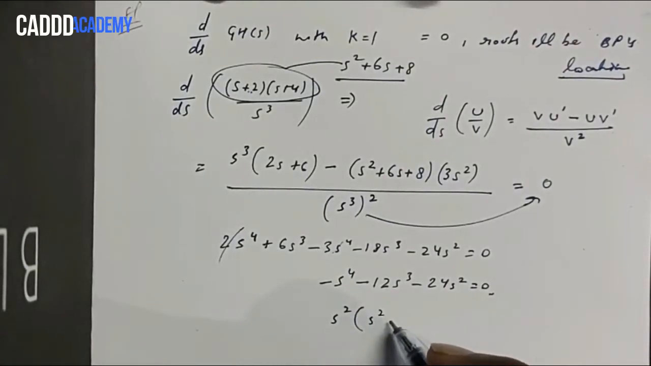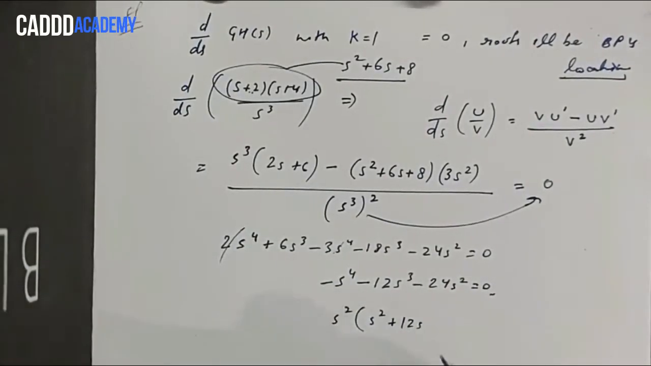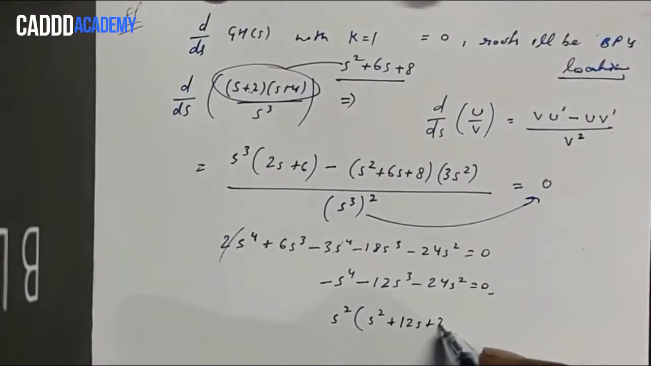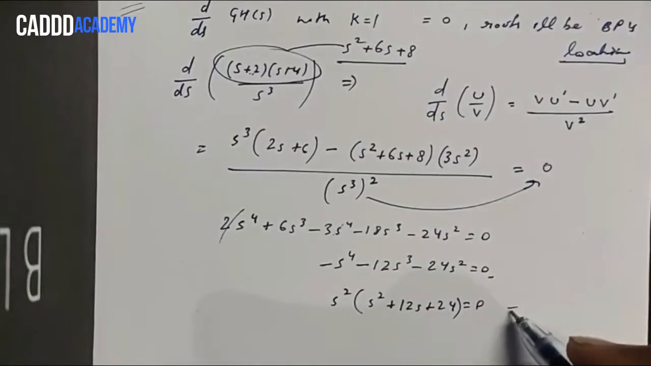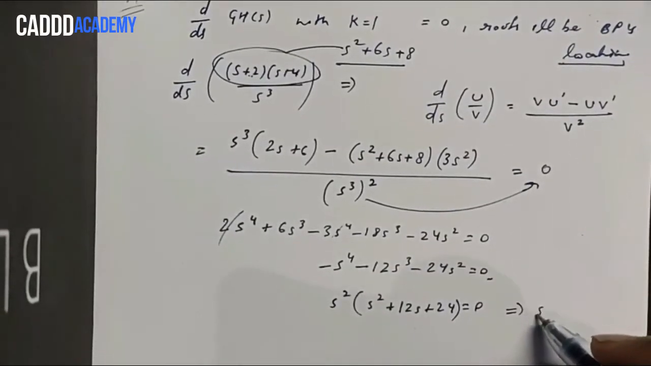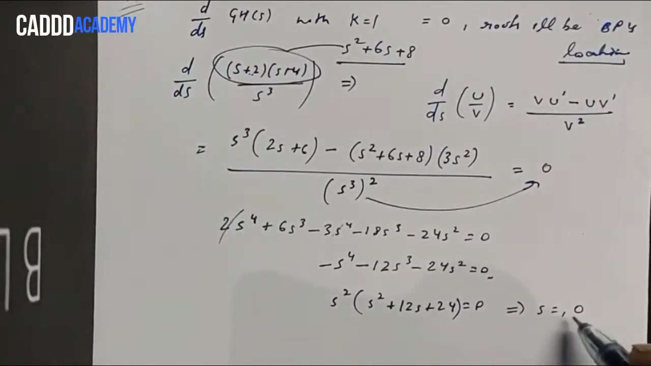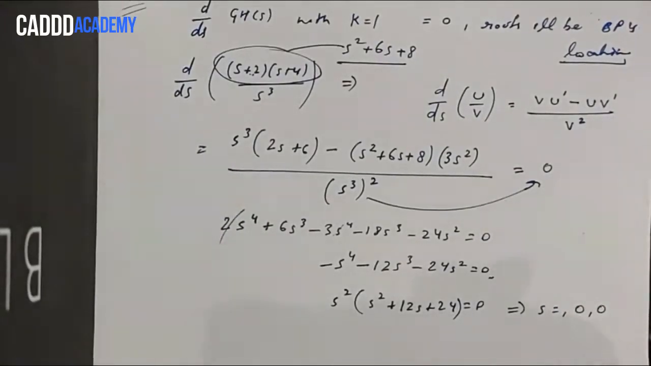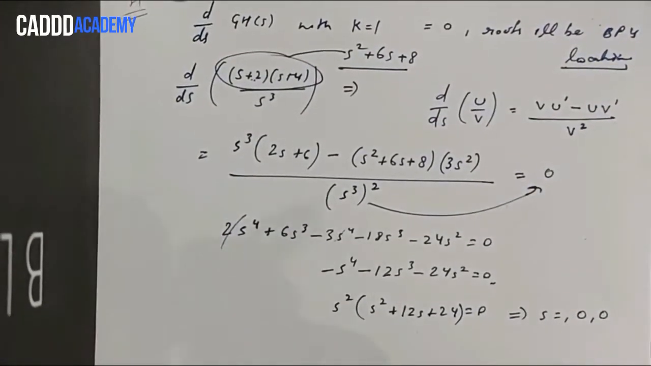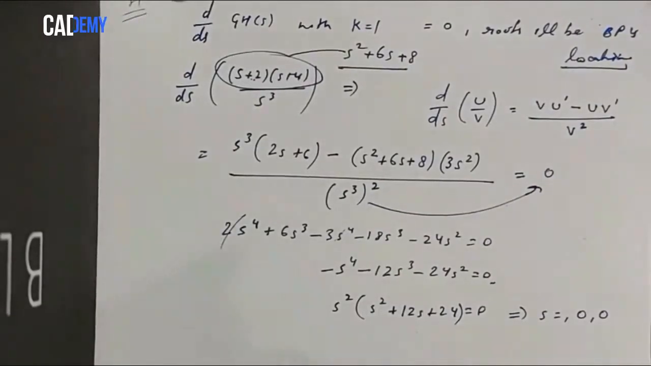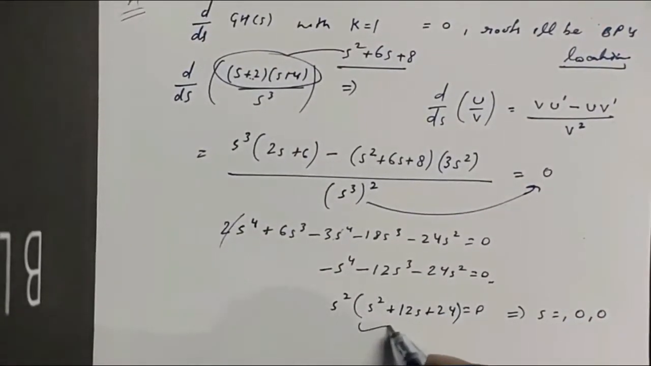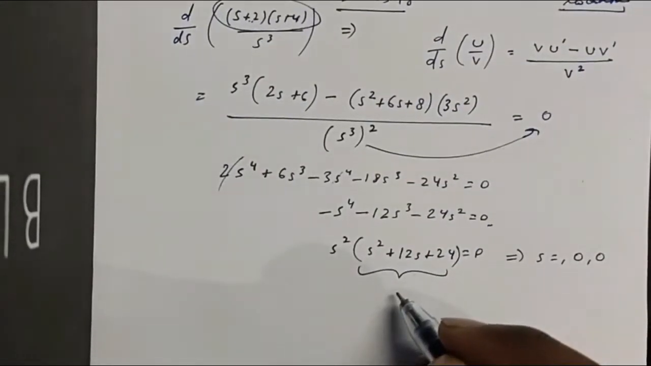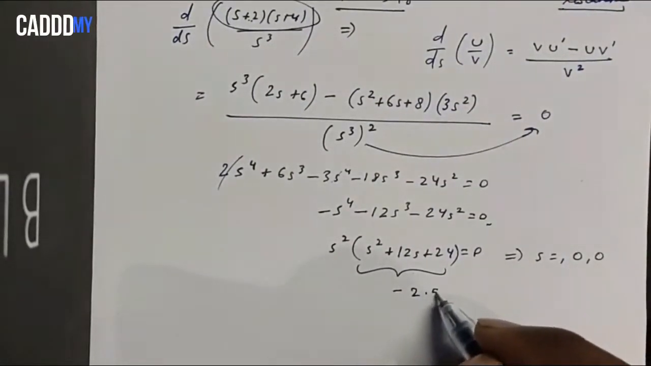So what we will have is s square times (s square plus 12s plus 24) is equal to 0. So from here we can say that s is equal to 0, 0. Here we have s square, so two roots will be 0, 0, and the other two roots for this equation will be minus 2.53